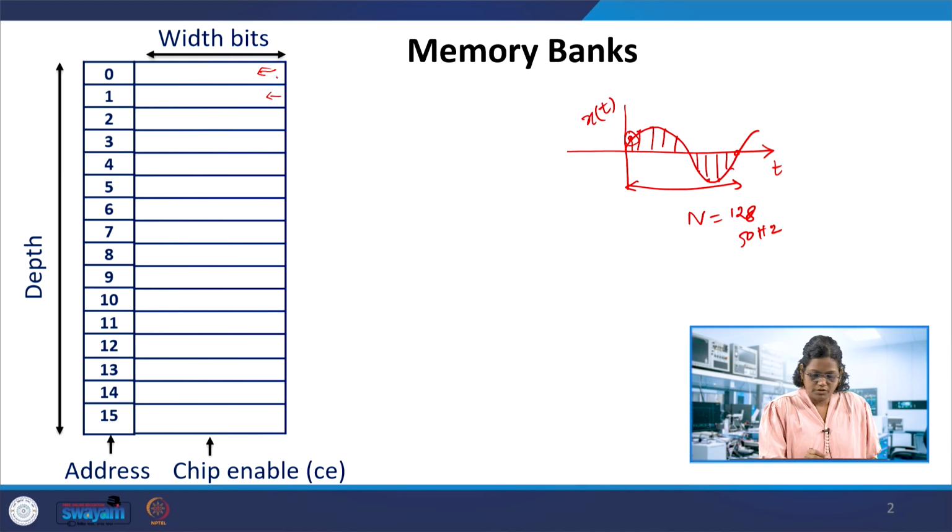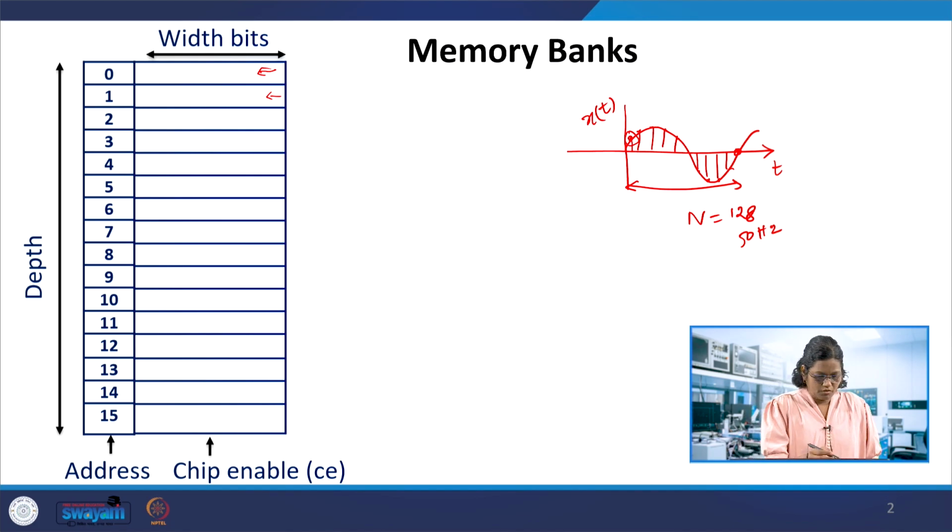Suppose we store these values, and then I would like to retrieve them sample by sample by choosing the address. That is possible using the code, by storing the values and then retrieving them. That's what we are going to see in this lecture: how the values are stored, how this memory is created using Verilog, and how it can be realized in real time, how the sine wave or the sample data which you would like to store can be stored and retrieved.